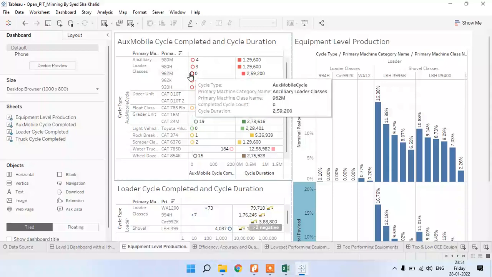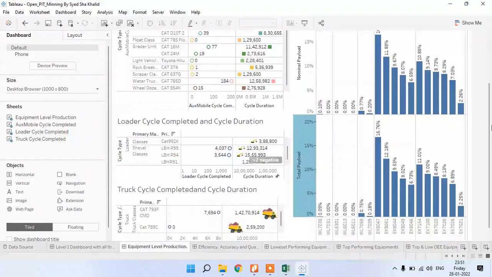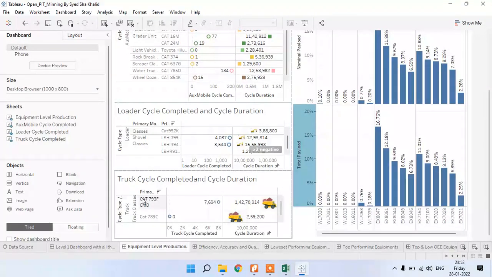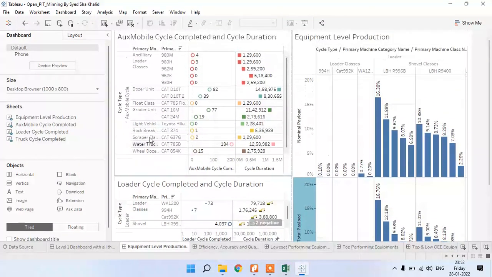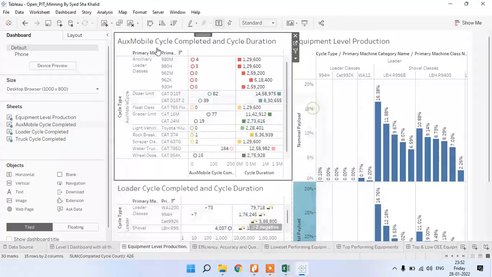Equipment level production. Here I have created a few important files. This is not the AUX cycle. This is cycle completion data: cycle completed and cycle duration.